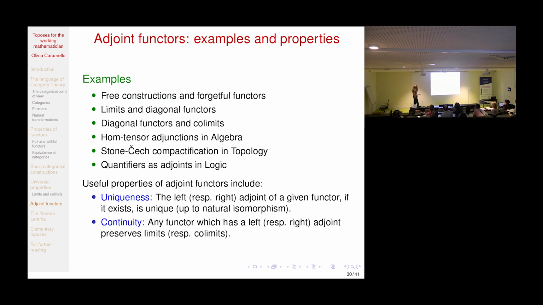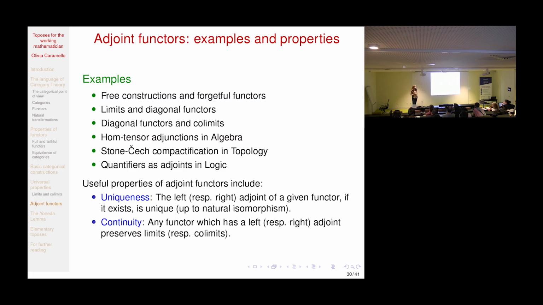Because, you see, once you have this inverse image functor, whenever such an inverse image functor has a right adjoint and a left adjoint, they can give abstract forms of the universal or existential quantifications. So in fact, this fundamental observation was what allowed Lawvere to develop logic in the categorical setting, in particular in